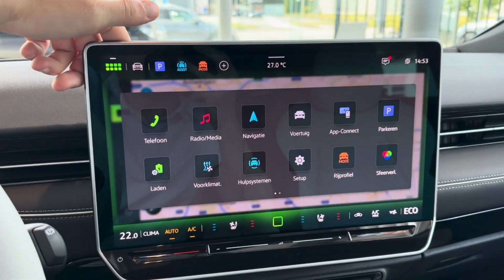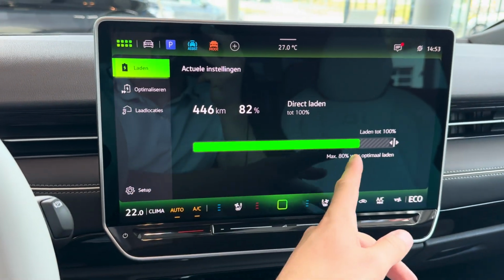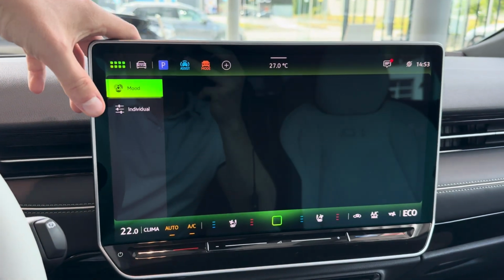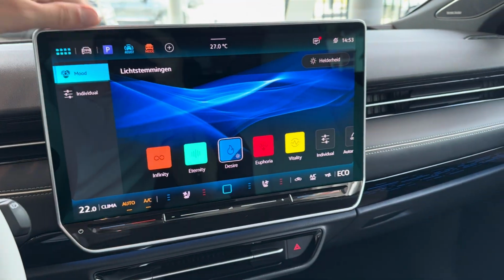Otherwise we have a lot of applications here, so very convenient. They also say what you need to do, like charging. You can just set up the charging limit as with all the cars, but it works very good in this convenient screen. And here also one of my favorites, you can change the atmospheres here, so all the themes